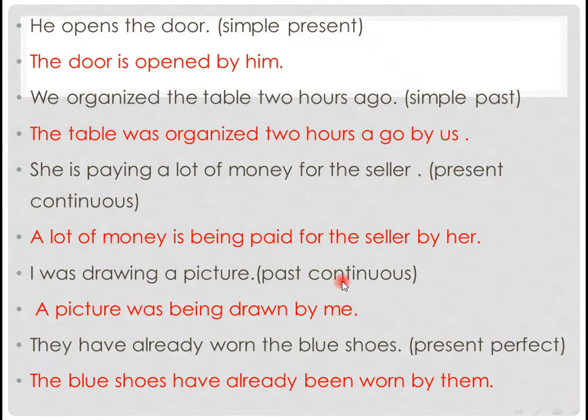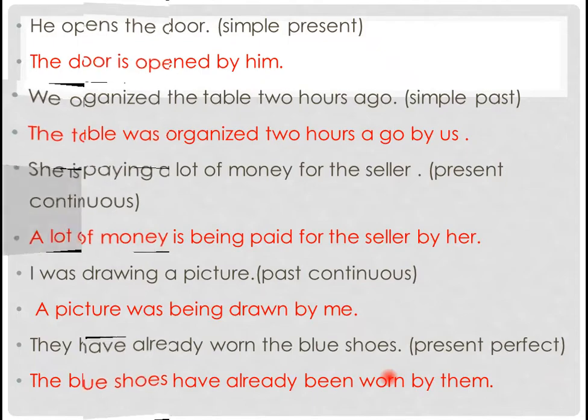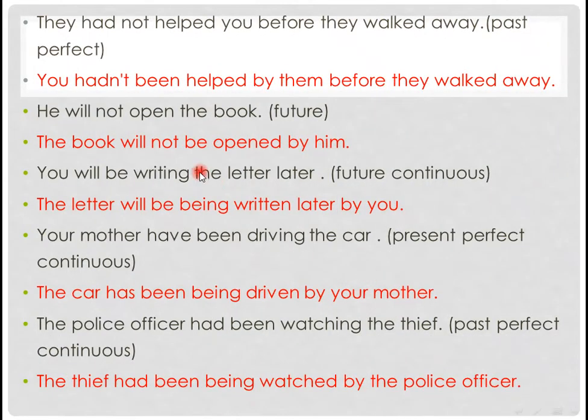And we have past continuous tense. We use also being, but we have was instead of is because we have past, and we have the past participle here. Present perfect the same, have already, and we use have already been. We use been to resemble that have is followed by been because it is present perfect, and were belongs to the passive voice. And we have here past perfect tenses, and we have had been as well, helped, had instead of had or have or has.